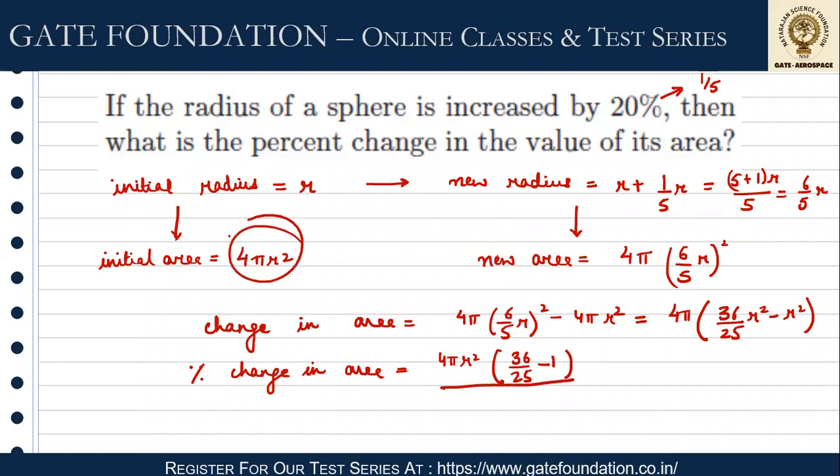And the initial area was 4 pi r square. So I'll take 4 pi r square as a reference. I have to multiply it by 100 to get the percentage. So this 4 pi r square in the numerator and denominator will simply get cancelled. So I'll have 36 upon 25 minus 1. 36 minus 25, that is what I'll be getting in the numerator. 36 minus 25 becomes 11 by 25 into 100. Now we know that 25 ones is 25 and 25 into 4 is